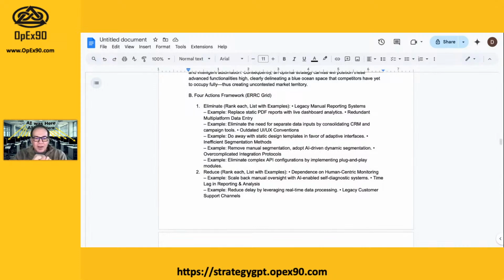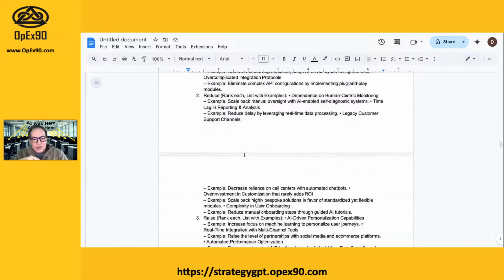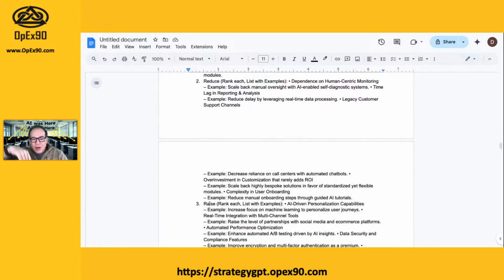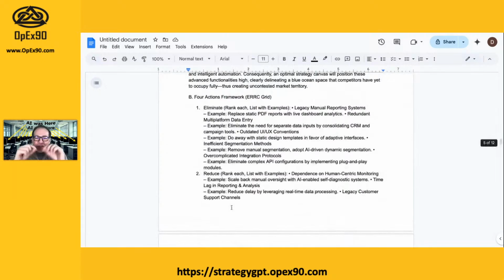This stands for eliminate, right? Reduce. So we have eliminate, reduce, we have raise, that means increase, do more of, and then create. So this is almost like a SCAMPER diagram you saw in my other models. I had that SCAMPER diagram in there. That's to force ChatGPT to consider alternatives, right? According to ChatGPT and DeepSeek, by using that SCAMPER diagram, I improve my output by 23%. I can find little hidden gems, and that's based on that.